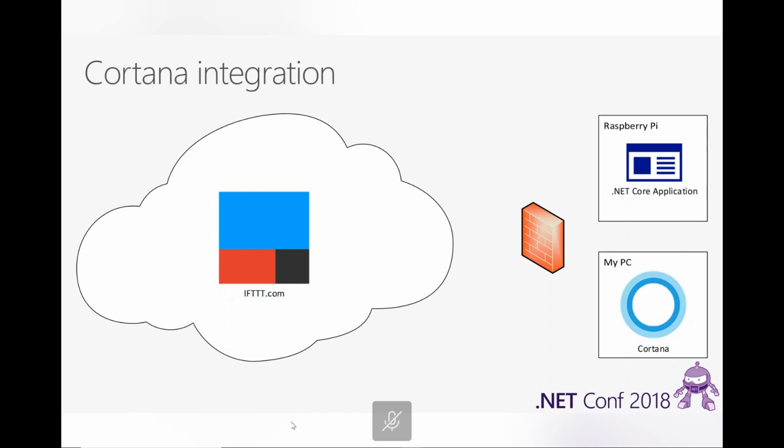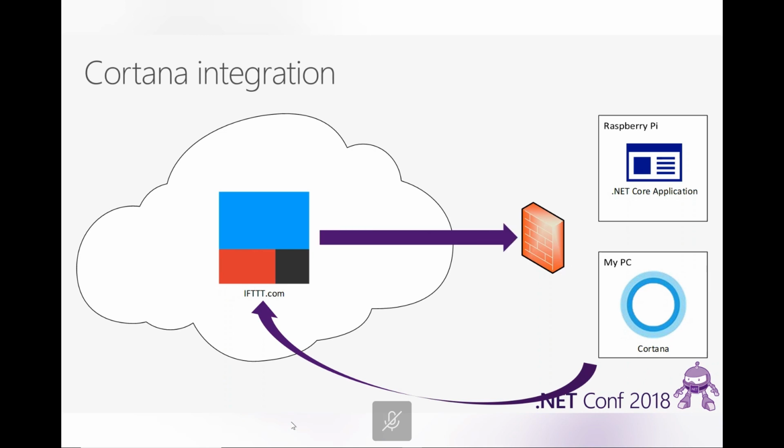So my thought was, well, we could trigger Cortana. We could invoke Cortana. .NET Bot is going to help me with that. If I can ever click, there we go. We're going to invoke Cortana, and that's going to set off the trigger in IFTTT, right? And then IFTTT could maybe fire off a webhook to hit a web API on my Raspberry Pi, right? I mean, that